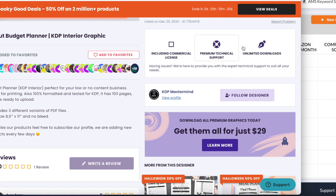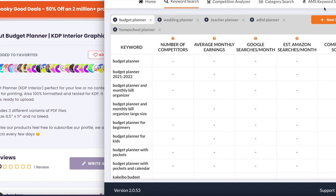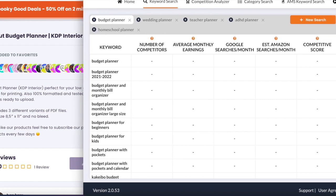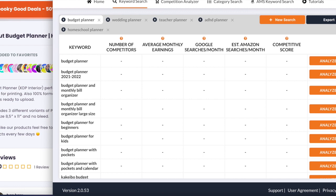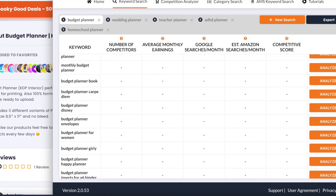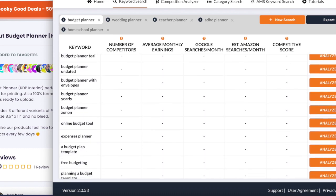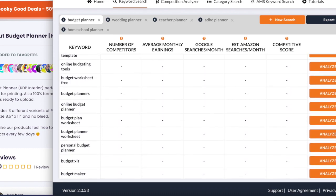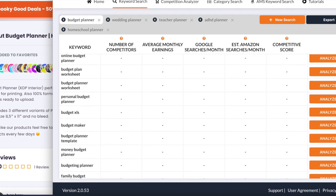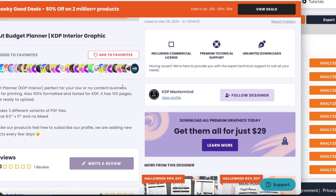Going over to our Publisher Rocket, budget planner, we're going to take a look at the different keywords that we can use with this niche. So I'm just going to quickly do a scroll for you so you can easily grab the keywords and use. Alright, that was it for the budget planner. We're moving over to